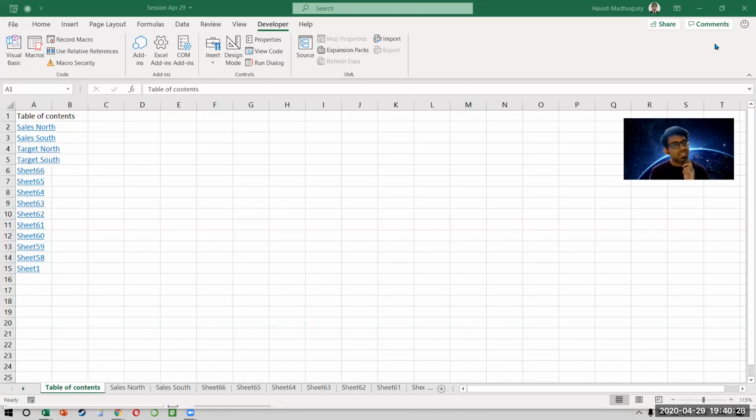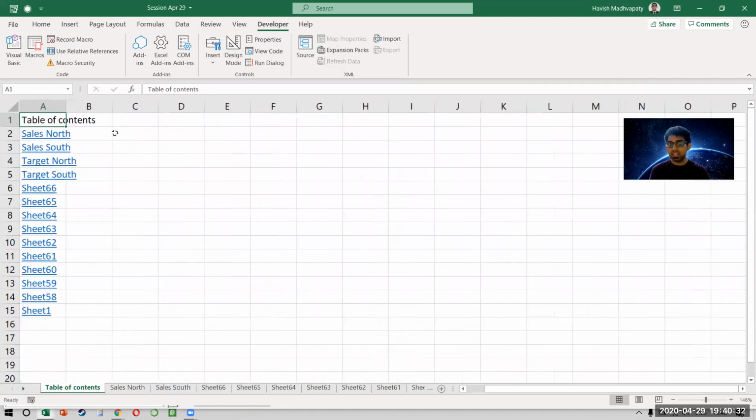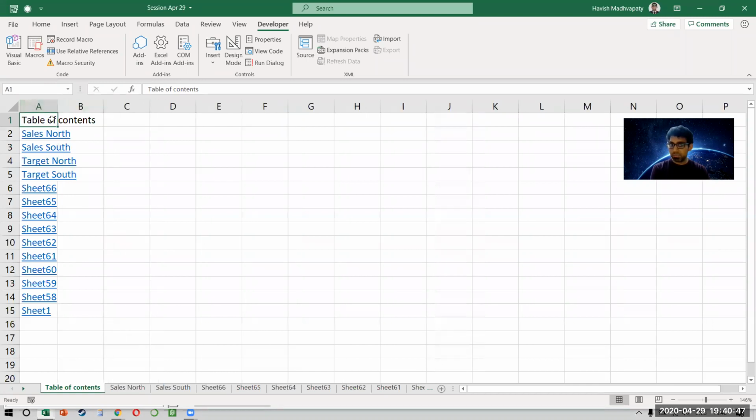Do you want to see how we can make some changes on it? Like right now, what is happening is that it is putting my table of content in A1, and it gives me a list of all the sheets. But do you see that this autofit is not working? I have to do this manually, everyone. Why don't I add that piece of code?